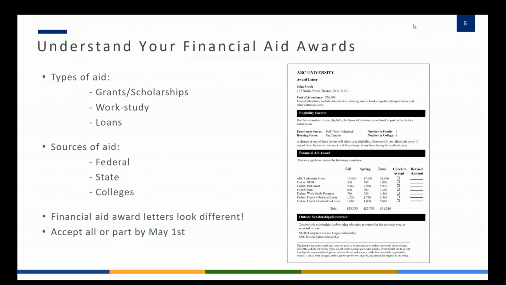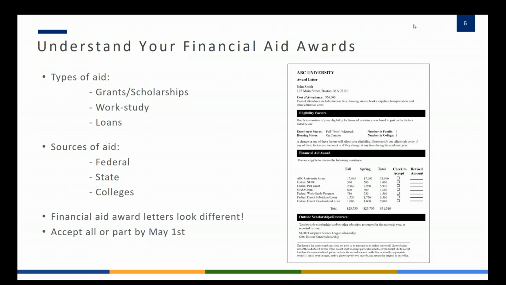If families have not received all of their financial aid award letters at this point in the year, we're getting close to May 1st, they should definitely touch base with the colleges that the student has been accepted to where they haven't received their award letters, just to make sure they don't need any additional information, that there's nothing missing. Maybe they forgot to put the school's name on the FAFSA form, and that's something simple that can be fixed. So things like that happen. If they haven't received an award letter by now, they should definitely be reaching out to the colleges to find out if they need anything else.